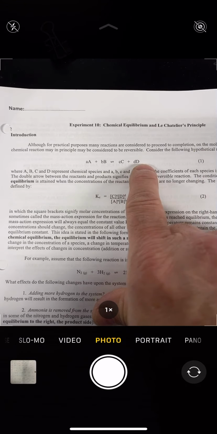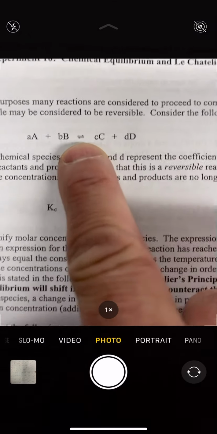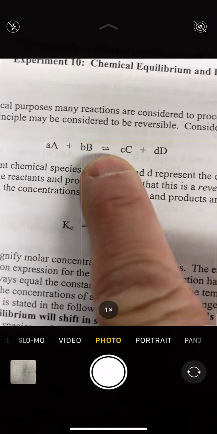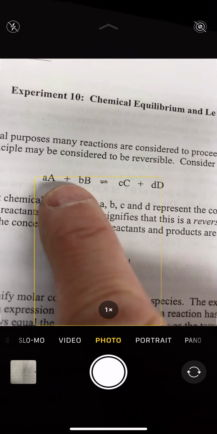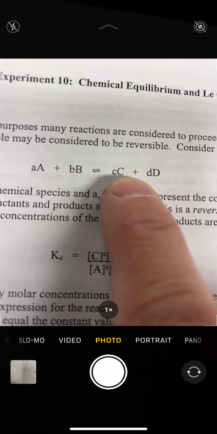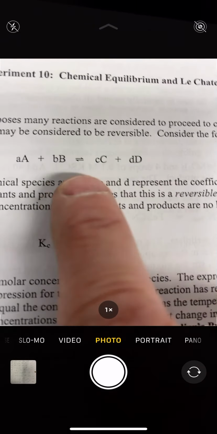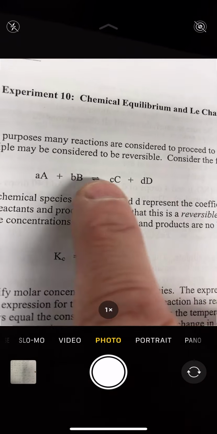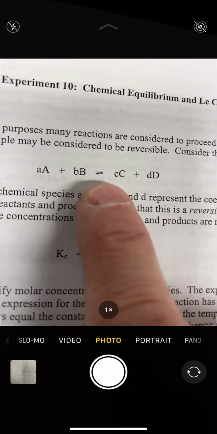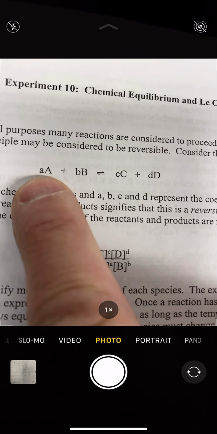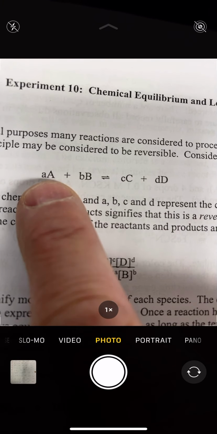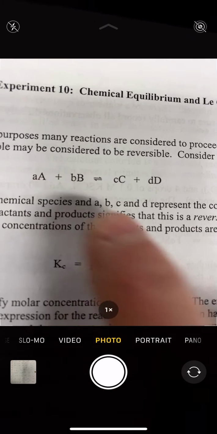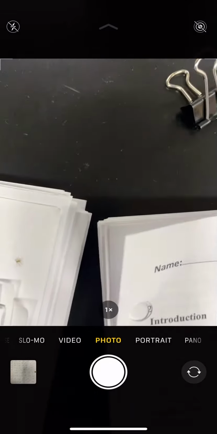So an equilibrium is an arrow that goes both forward and backwards. And the whole concept or idea of this lab is we can push the reaction towards product or pull it towards product or even back to reactant by changing the amount of A, B, C, and D. So for example, if it's in equilibrium, which means there's some product and some reactant, and I add more A, then maybe